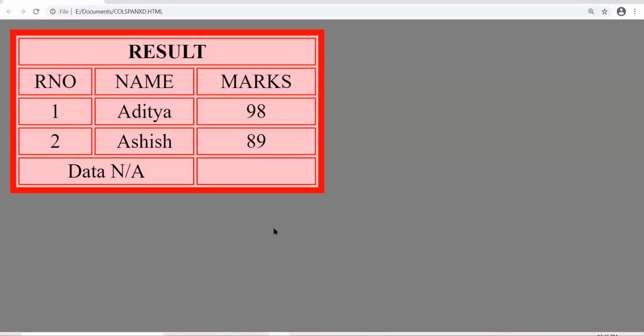All right, next concept. Rowspan is okay, colspan is okay. What if I want to have rowspan and colspan together in one table? What to do? See here.